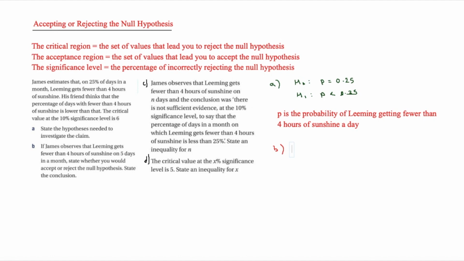So therefore, we can work out that the critical region, because it's less than, is when x is equal to or less than 6. That is our critical region for this first part of this test. So if it gets 5 days, this is in the critical region. So therefore, what we're going to say here is that we reject the null hypothesis